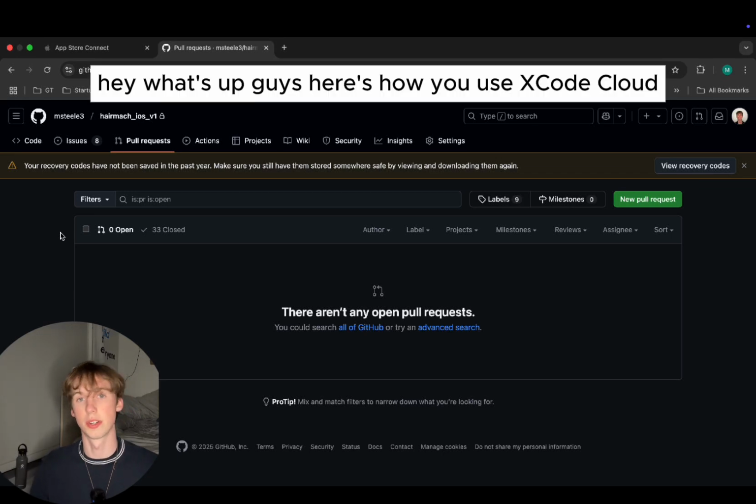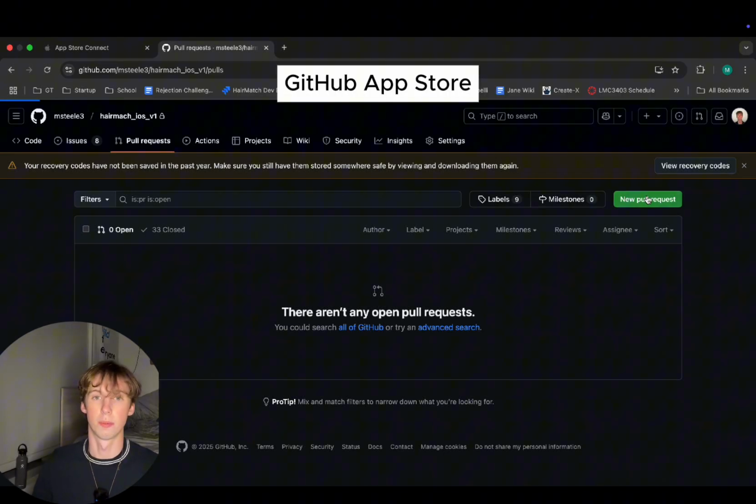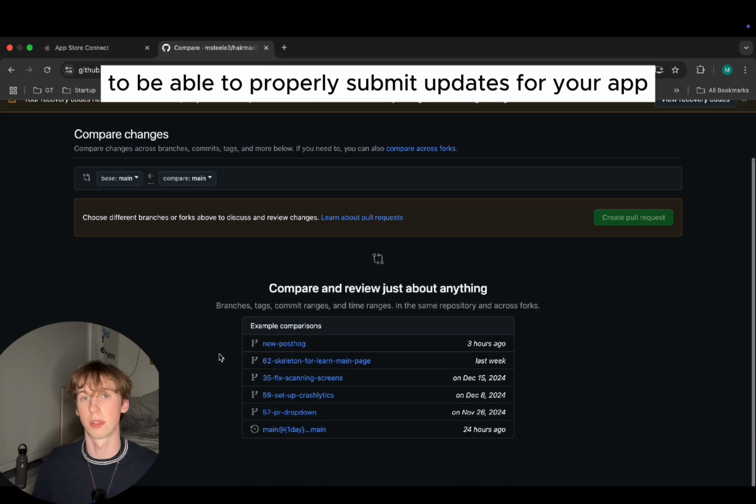Hey, what's up guys? Here's how you use Xcode Cloud, GitHub, and App Store Connect to be able to properly submit updates